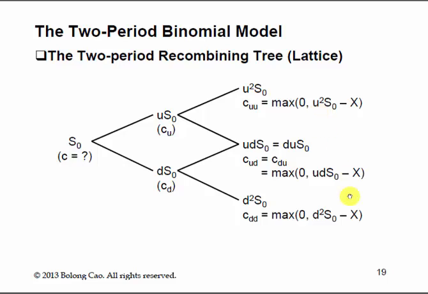Once these values are available, it can be a positive number and the other two are both 0, or one positive number, another smaller positive number, and 0 in the double down state. It depends. But once these payoffs are determined, we can apply the binomial formula backwards along the tree. So from the double up payoff and up down payoff, we can calculate using the binomial formula the upstate call